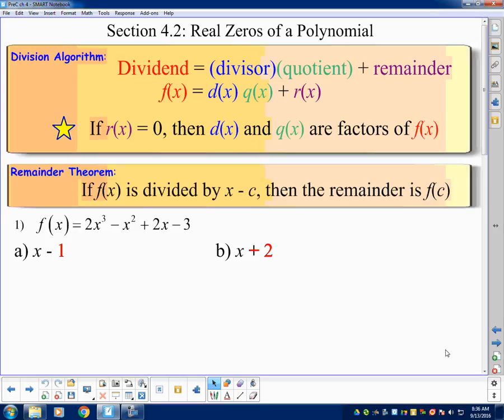So, remainder theorem. If f of x is divided by x minus c, then the remainder is f of c. It says if f of x is a polynomial, and it's divided by x minus c, so that would be a suggested factor, I guess. It may or may not be a factor because it depends on whether or not the remainder is 0. But if you divide x minus c into f of x, then the remainder is always f of c. That's interesting. That's kind of what's behind the,